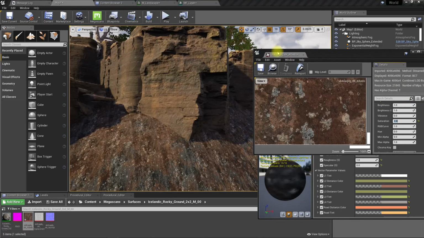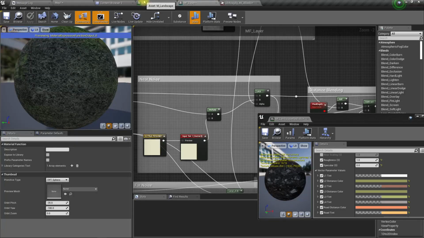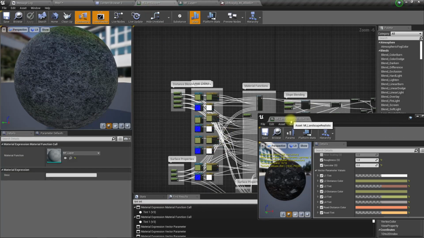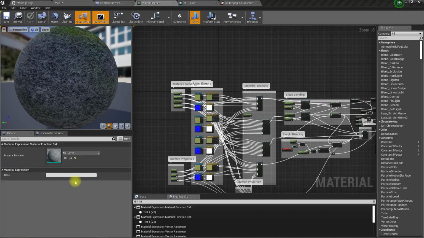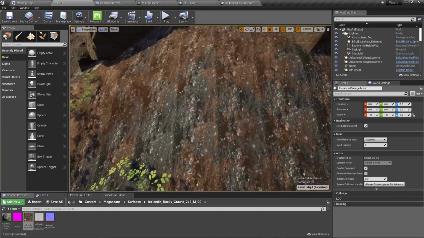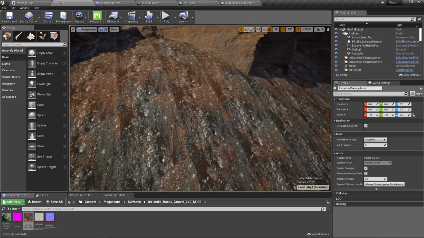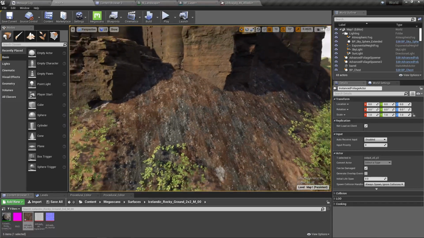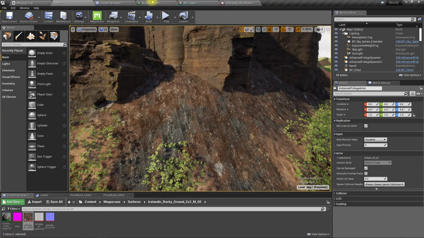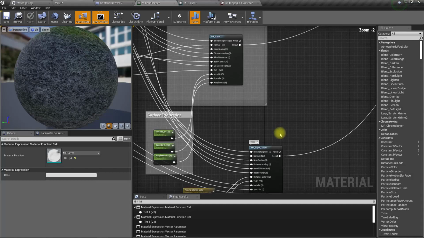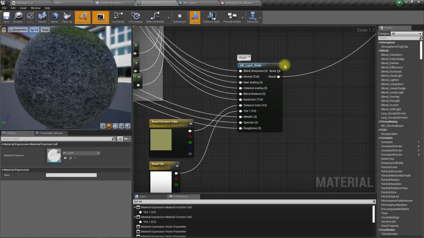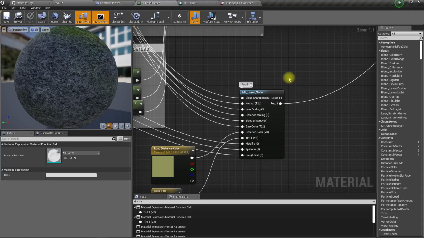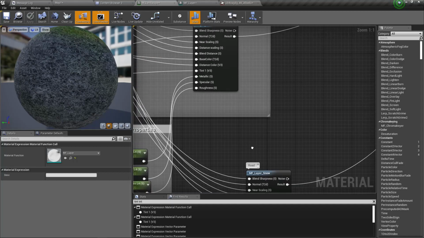Well, no, let's create a way to completely get rid of this tint noise. Let's create a method to get rid of this tint noise, and let's see how it looks without the tinting part. So for that, I'll